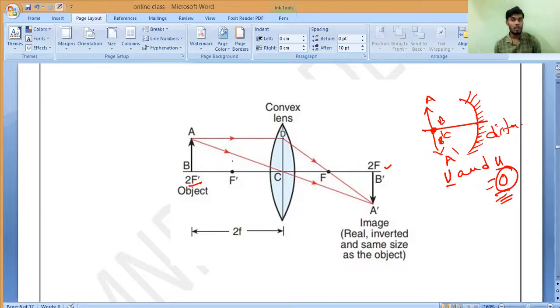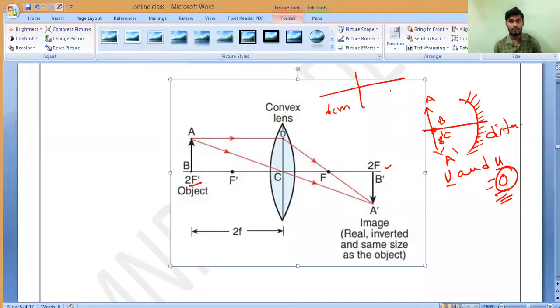So now, for example, in our case, we are taking 6 centimeter. Is it yes or no? Yes, sir. 2f dash is 6 centimeter. So what is the distance between the 2f dash and f dash? Anybody? From here to here, what is the distance? 12 centimeter. That is what I want.